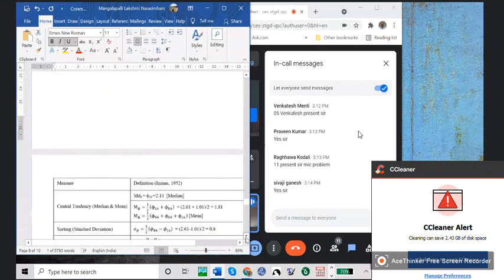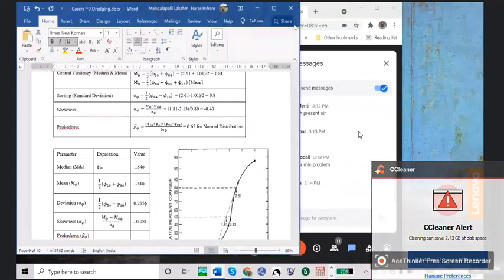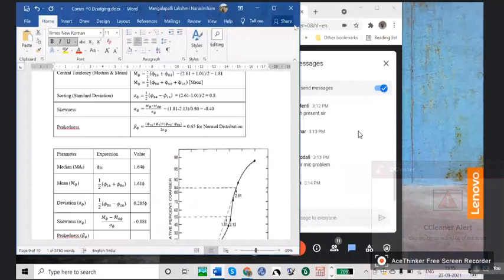Now after that, I have given whatever I had told yesterday about the sediment sampling analysis. So these are the central tendency and then sorting. So these are the things.